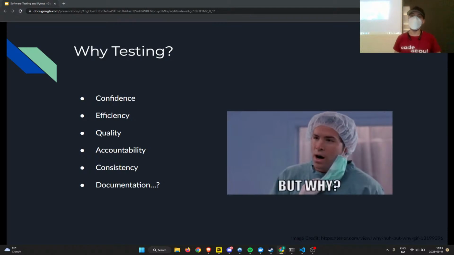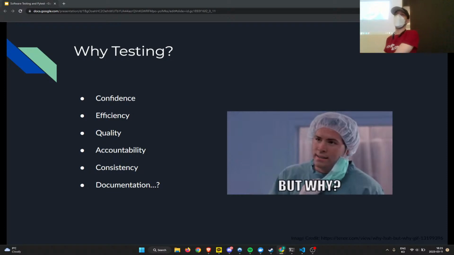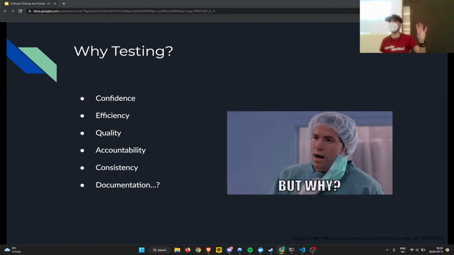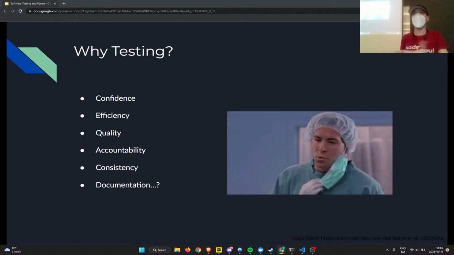Right. So, for example, let's say you're publishing a library for use by other engineers, your test code can be an example of how to use that library. Quite simple. Now, granted, you still want to have documentation, right? MkDocs is a great tool. But if all else fails, people can check this.